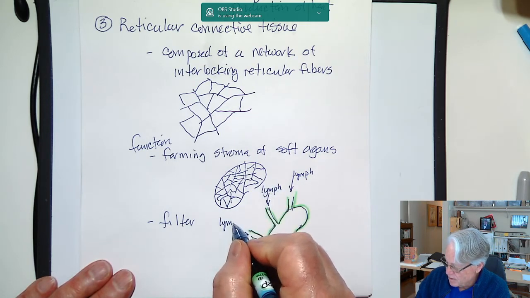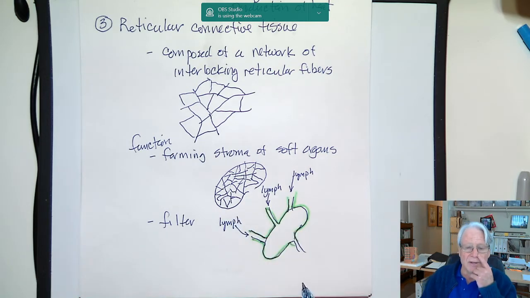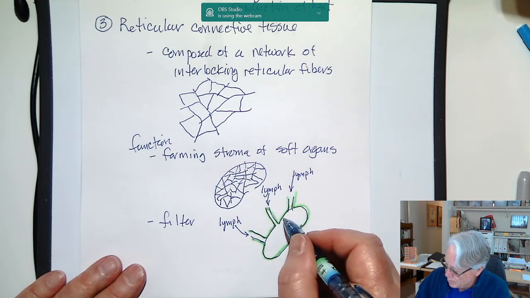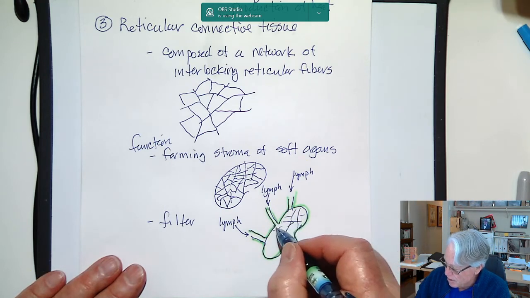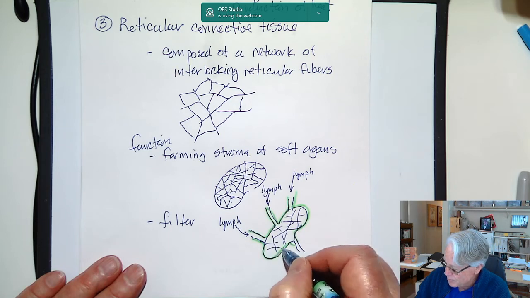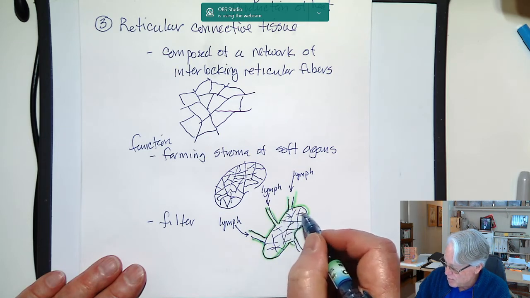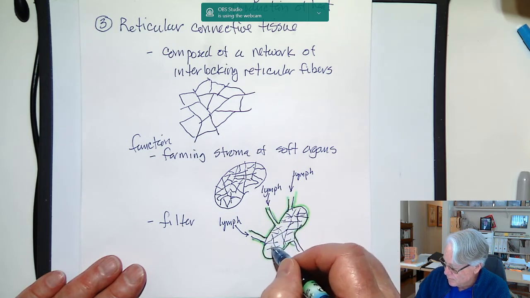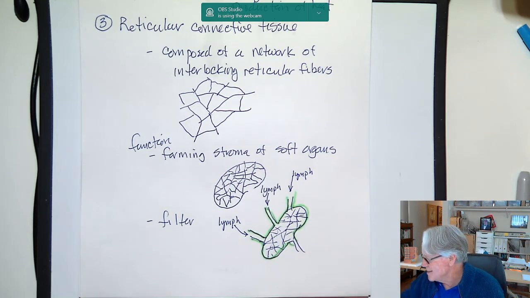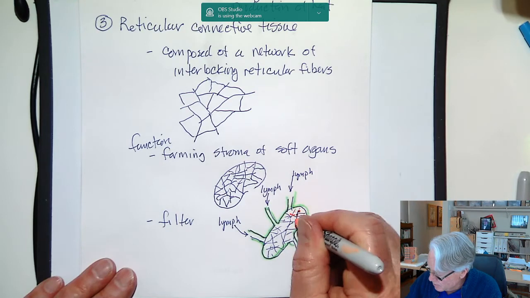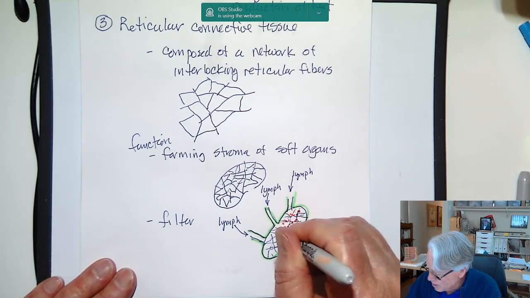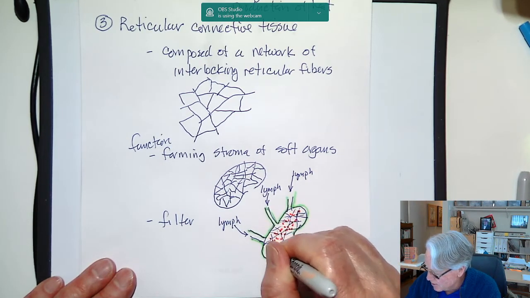And lymph may contain bacteria or other pathogens that you have in your body. And then because of that network of reticular fibers that make up and keep the shape of the lymph node, we're going to place in that lymph node a series of cells that are part of the immune system. So we're going to fill this with cells of